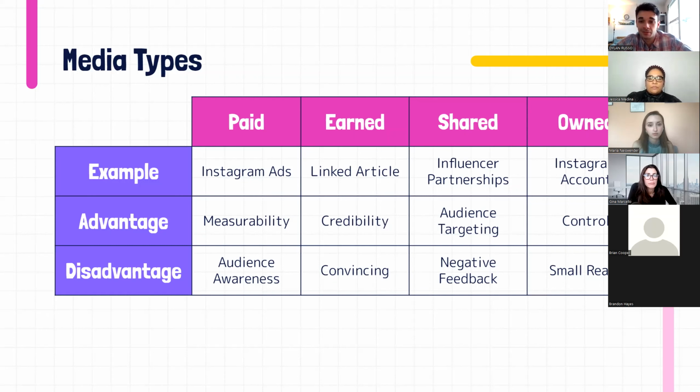The advantage of this is influencers, as Maria will go into later, can target completely different audiences, based on what influencer you're choosing to represent your product or service. And the disadvantage, compared to paid and earned media, an advertisement or an article, is that people are going to be able to engage with an Instagram post by an influencer or a story a lot more than they are an article or an advertisement. So that's good and bad.